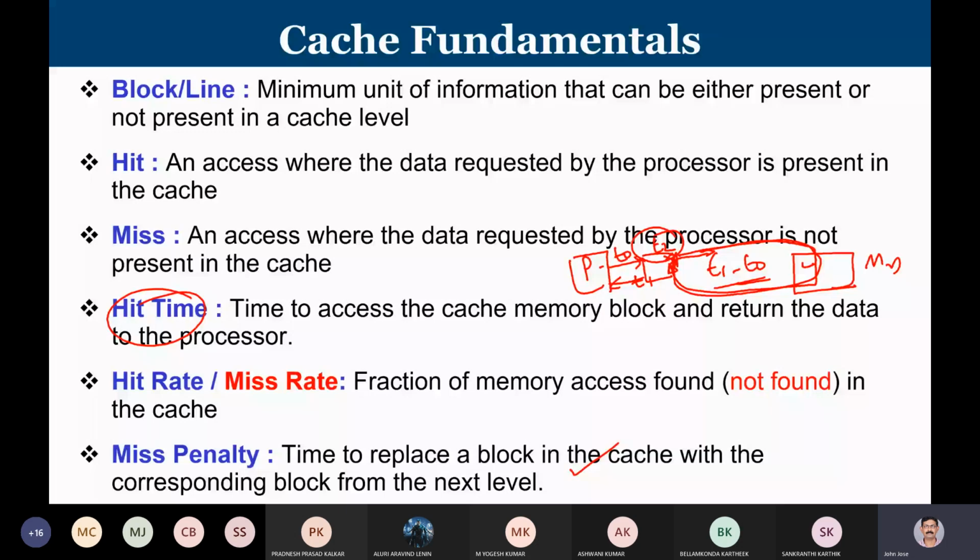Sir, Kapil? Yes. There are multiple levels of cache, right? So this hit time and miss penalty, in which level are we talking about? Each level, to whichever level you are talking. Let's say I'm talking about L1 cache. Hit time of L1 cache is the moment I get a request to L1 cache, when can I return a word when it is a hit. That is called hit time. Okay, so every level of cache may have its own hit time. Yes. And miss penalty is defined where you are missing. On that level, you go to the next level, bring a block of data and bring it. That is miss penalty.